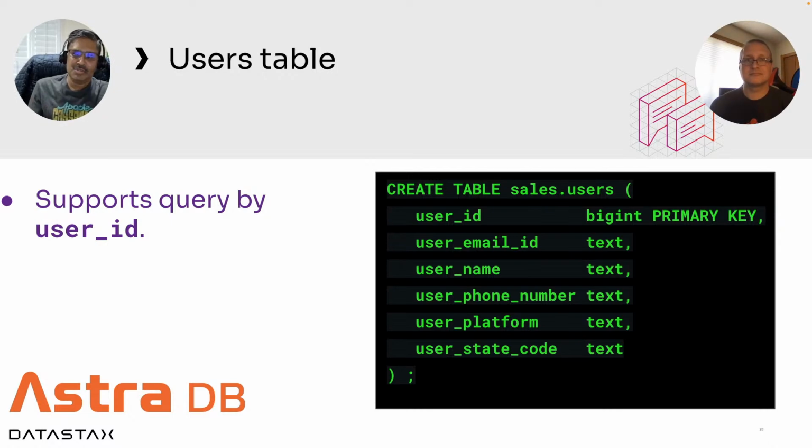So every user is assigned a user ID. We know the user ID, that's why it is a primary key. So every select statement which comes into the system will say where user ID is, let's say 10. And then user email ID, user name, phone number, platform, state, all of them are randomly generated, but they look like real data because all the randomized strings have a pattern to them. And since we need data to be very random, meaning not all users will be in the same state, when we generate this users data randomly, it uses other lookup tables to get what states are available in the